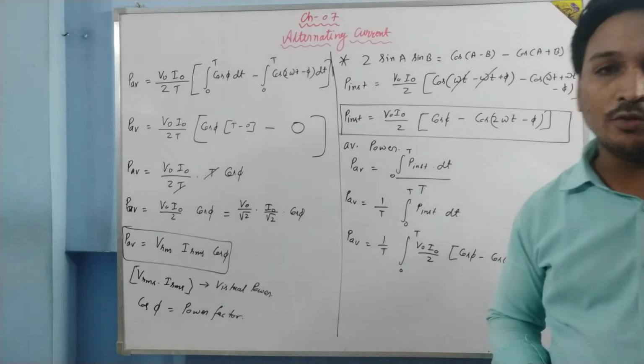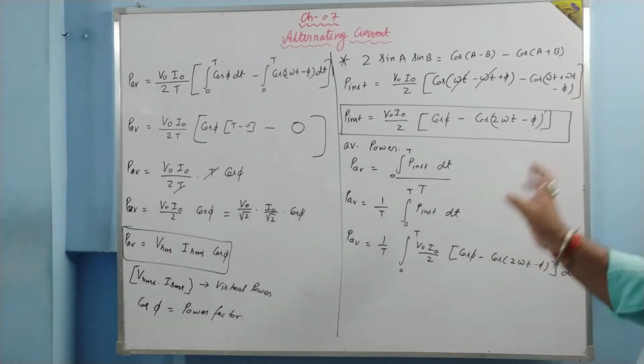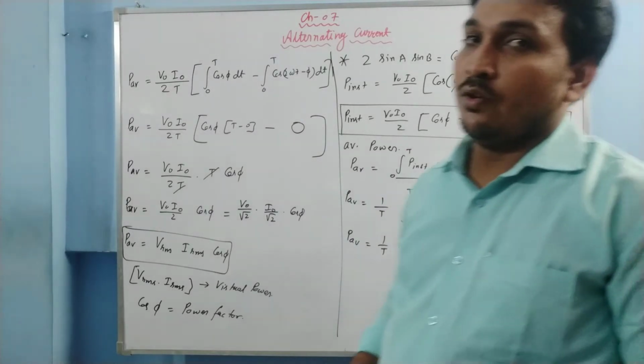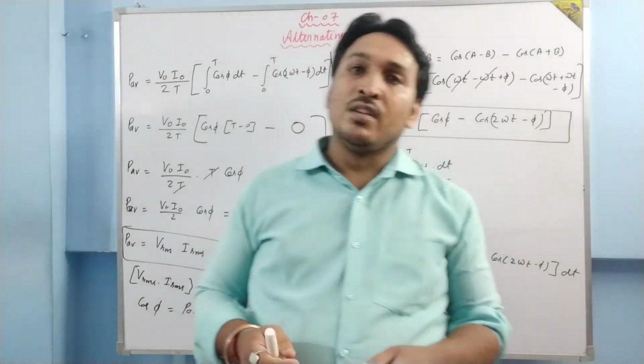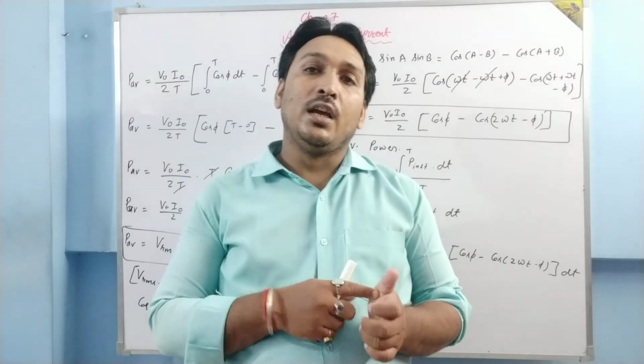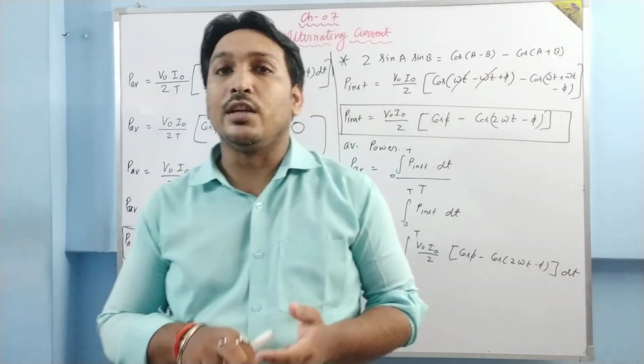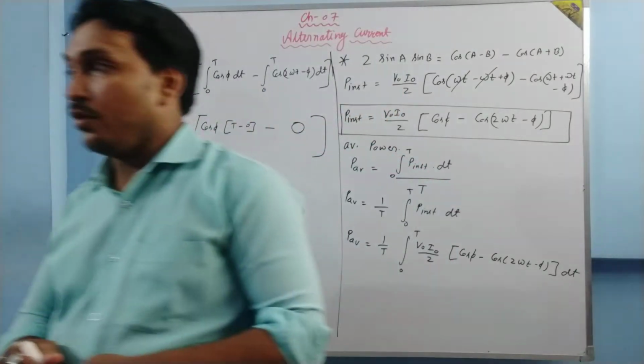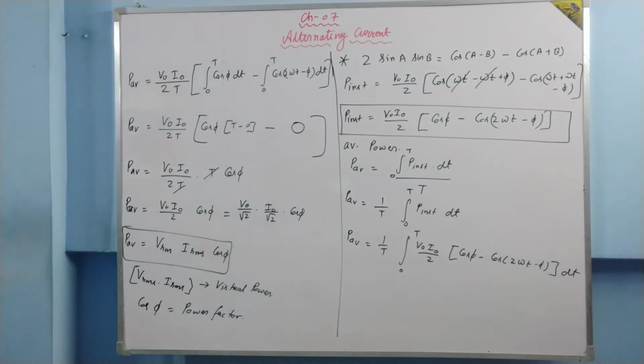Okay, so now I am going to calculate average power for different AC circuits. We have done AC circuits: circuit containing only R, only L, only C, then LR, CR and LCR. 6 circuits. So we are going to calculate the power for 6 different circuits. And for that, we need to understand the phasor also. So let us do it one by one.